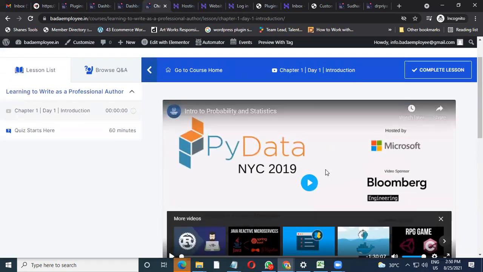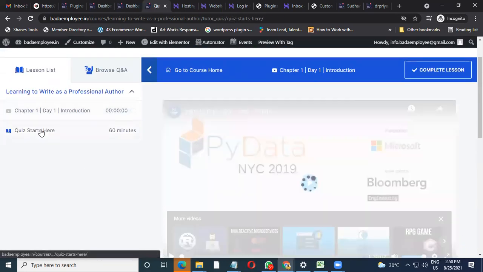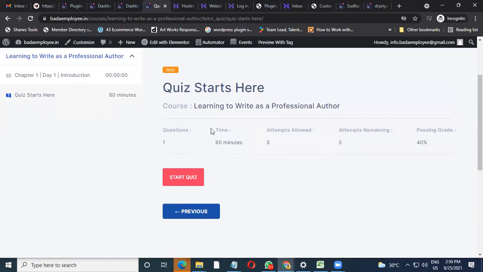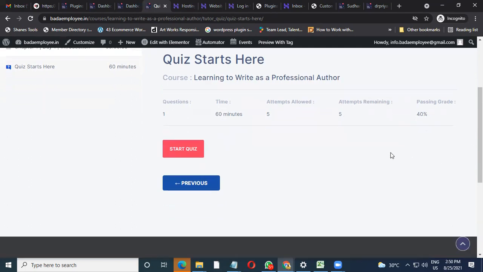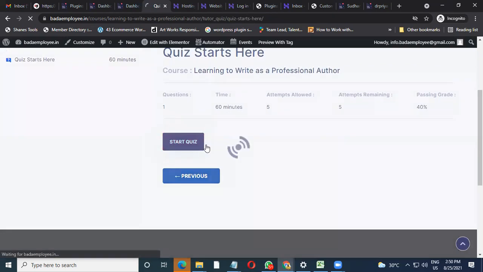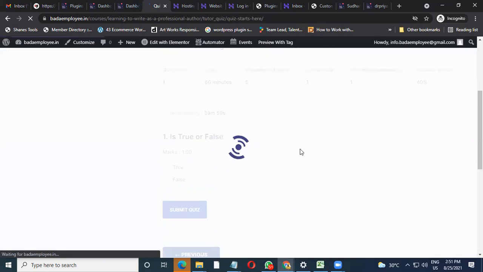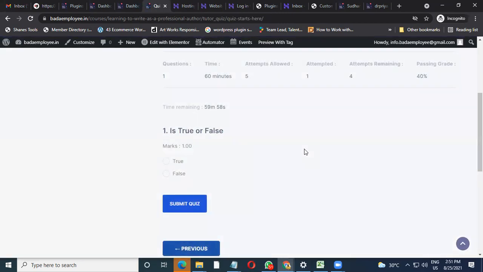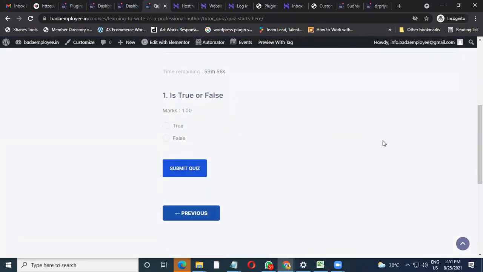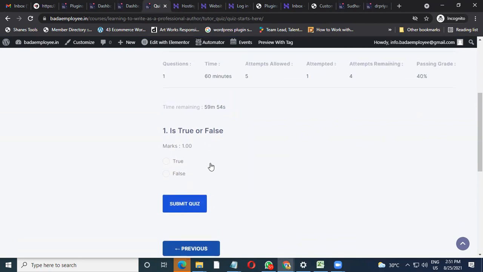So this is how the LMS is seen, and when we go on quiz, this is how the quiz also comes up. So the detail about the quiz, how many questions are there, what timer is there, how many attempts remaining, and passing grade can be very clearly seen by the student. They can start the quiz, and once they start up the quiz, the question can be seen in a systematic manner. So every question as they pass and submit it, they will be taken to another question. So this is what we did.